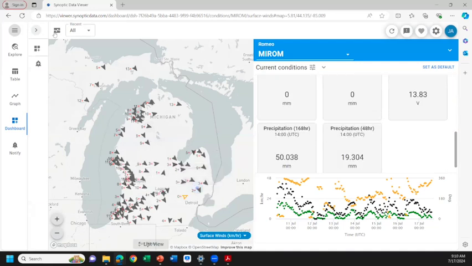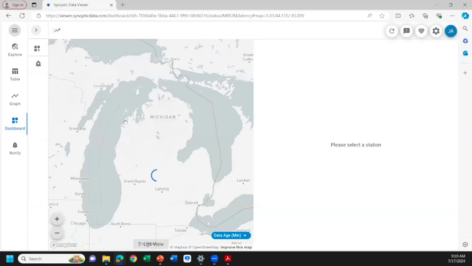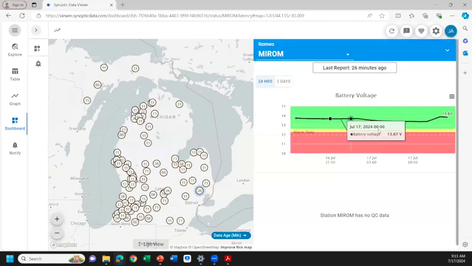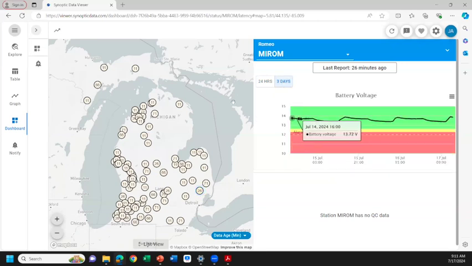And then you can also look at station status. So this will show you a little bit more information like latency, the data age, as soon as it loads here. Battery voltage in real time as well. You can see it from the past 3 days. And then the quality control flags, if any, are showing up. So kind of just a good data management tool.